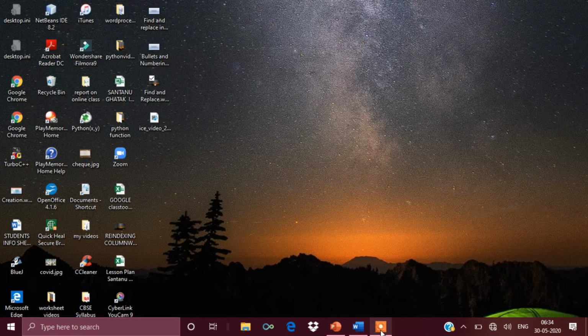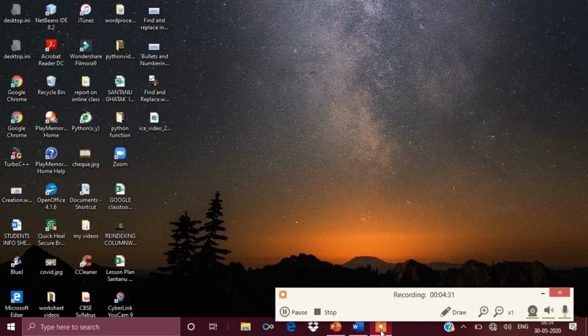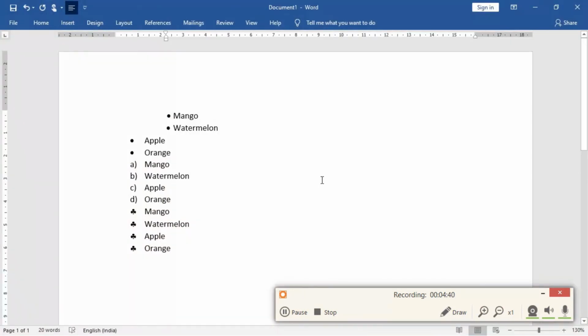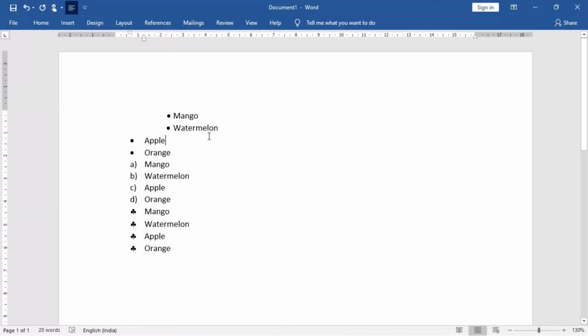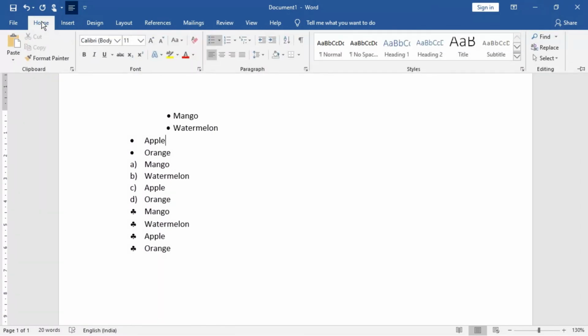So children, you should practice it properly. And both the utilities as I have shown you, find and replace along with the bullets and numbering, to be done in a proper manner. Understood? So you can try it out. Okay. For home tabs, no shortcuts are available. So you can go straight away, numbering as well as the symbol bullets.